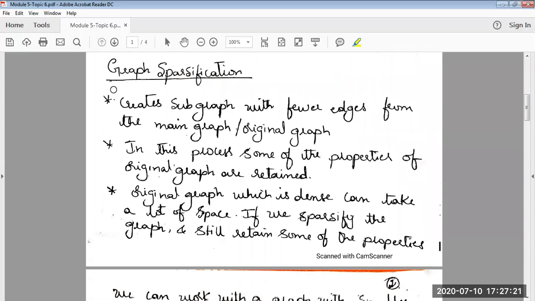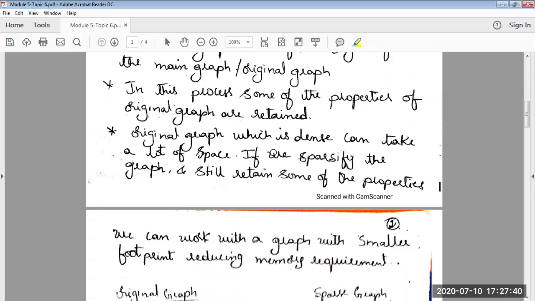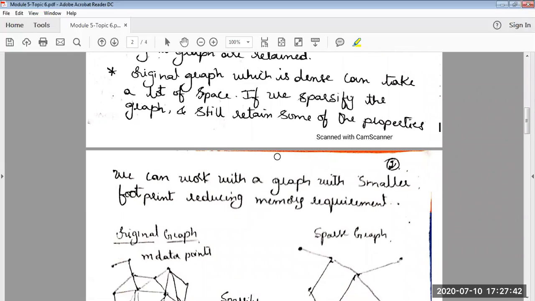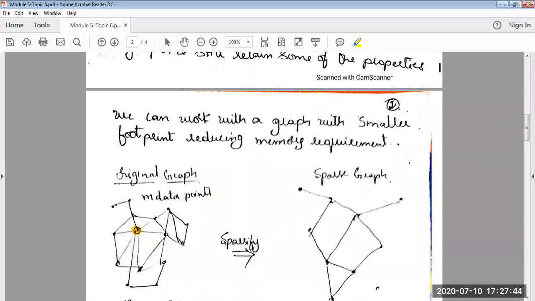The next topic is graph sparsification. What is graph sparsification? We have explored sparsification in a few discussions in previous modules. We will try to put it in the context of a graph. What is sparsification? As we explored, a graph will have data points, edges, and usually a graph that is constructed from a